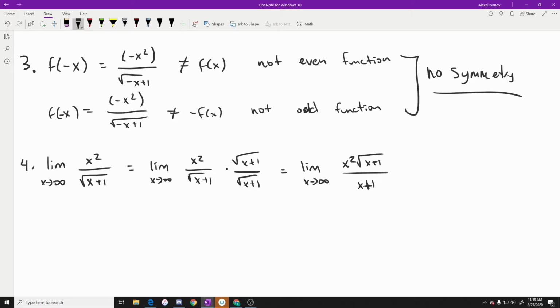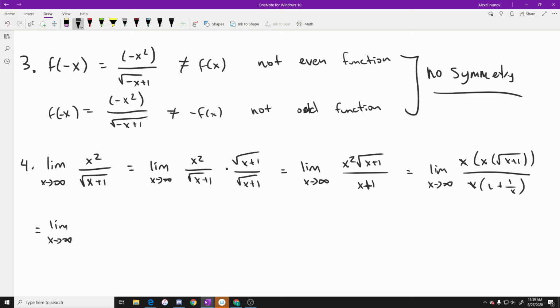So there we go. We have rationalized the function and we're left with a simpler function. Now we want to get stuff into the c over x form. So we can do that by factoring out the highest power, and in this case it's x. So I'm going to go ahead and factor out x from both the numerator and the denominator. So there we go, and now we can cross these factors out and we're going to be left with the